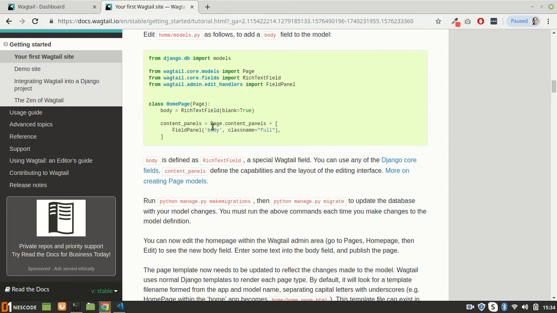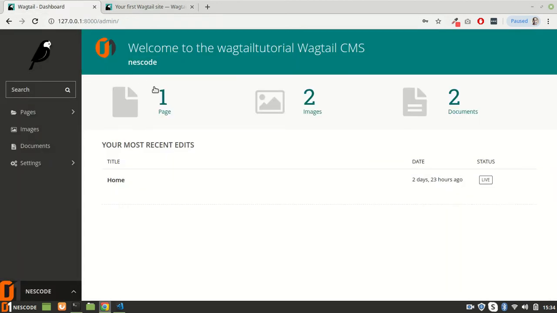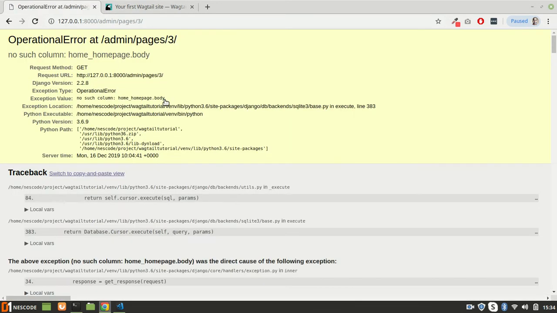So here we have used the RichTextField. That's why we have imported the RichTextField here, and obviously the RichTextField depends on the Page because we are calling the Page model. So that's how these things are there. And the FieldPanel, what is FieldPanel is like if you go inside the Wagtail admin panel, you have